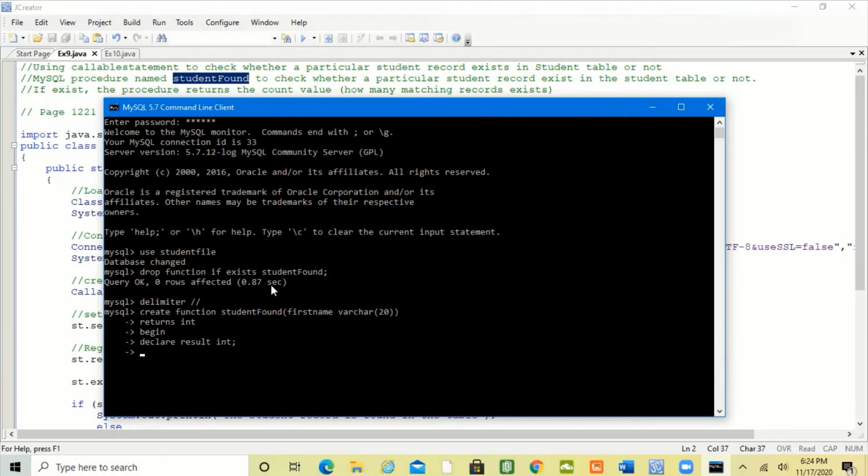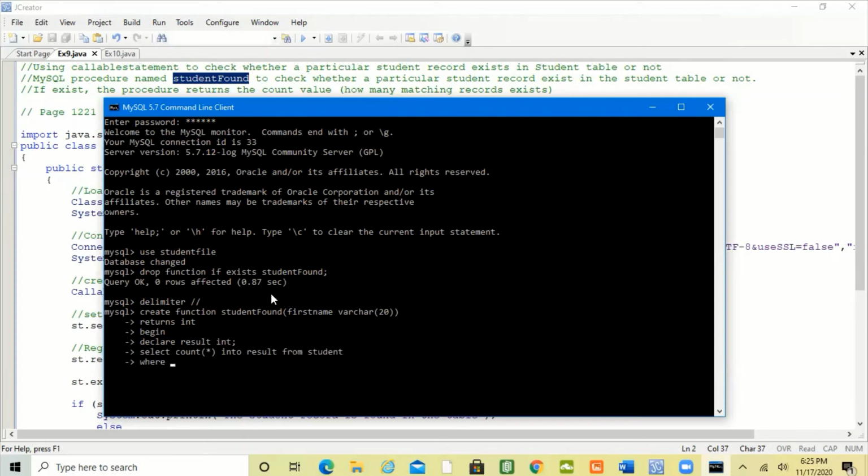Sometimes you may have more than one record for John, because in your class you may have more Fatima, more Ala. So how many students have the name John? I'm going to count it. While selecting, I'm going to count and put the count value in the declared variable. So select the count of records, and the value I'm going to put into the variable result, from the student table.